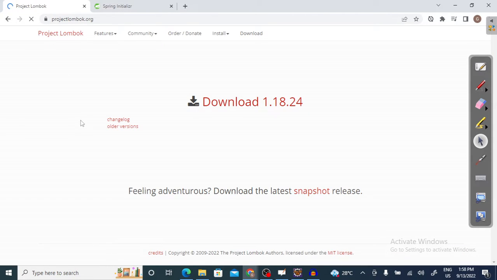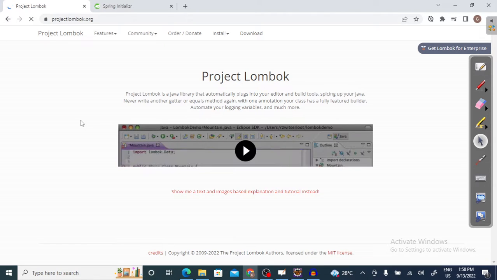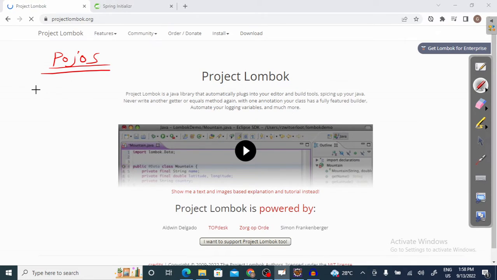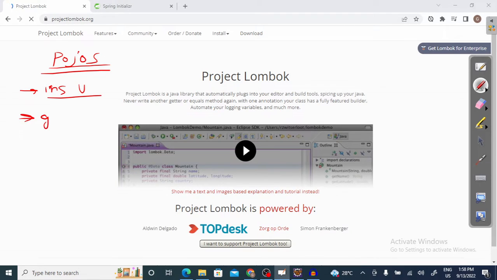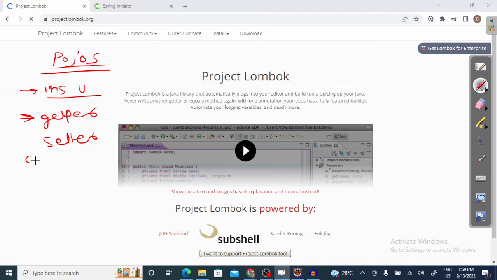Now, what does the Lombok project basically do? Lombok is basically used to minimize the code, because in most applications we mostly deal with POJOs. We mostly deal with POJO classes, and in the POJO class we have the instance variables, and we have the getter and setter methods, and we also have the constructor,